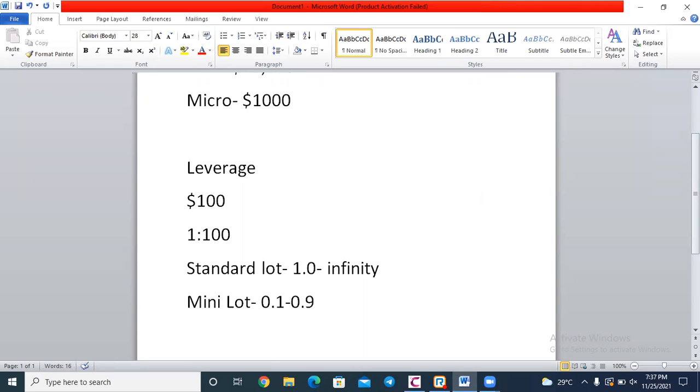And for micro, the minimum lot size is 0.01 to 0.09. Now, 1 pip on one standard lot, which is 1.0 lot size, equals $10. So 1 pip on 2 standard lots, which is 2.0,